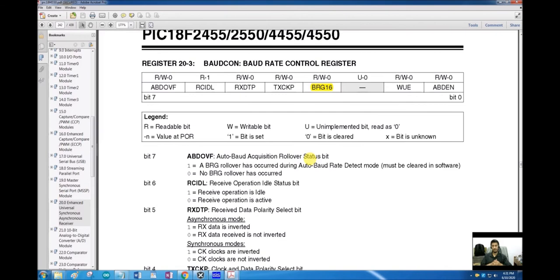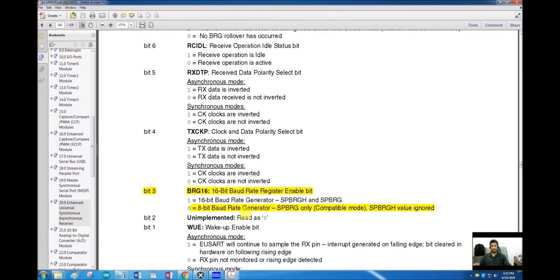In the PIC microcontroller, we are given an option to set our baud rate using an 8-bit baud rate generator register or a 16-bit baud rate generator register. I am going to select the 8-bit generator mode because this is very simple for an 8-bit microcontroller.